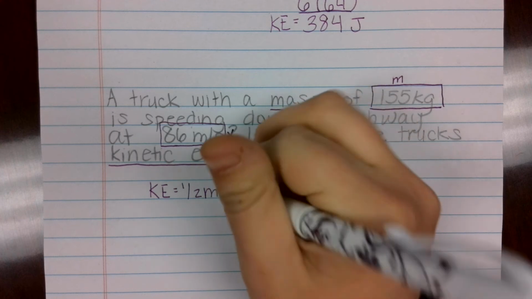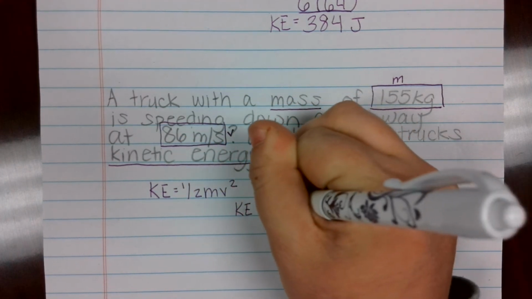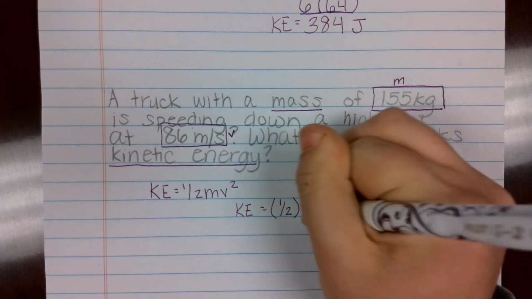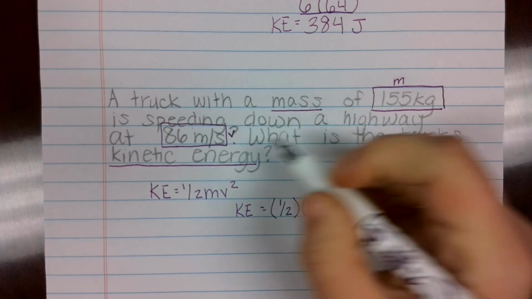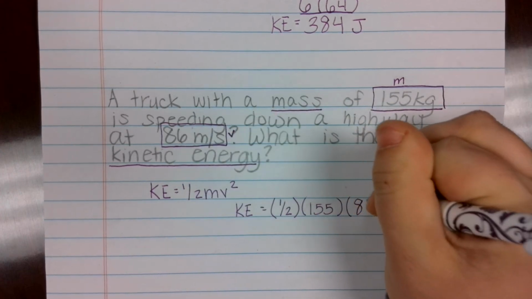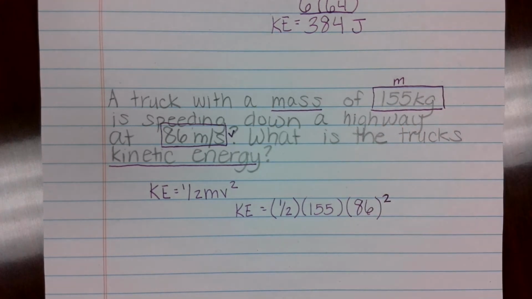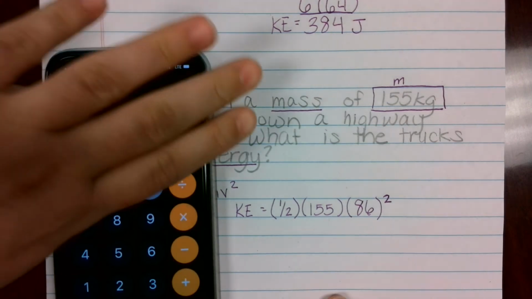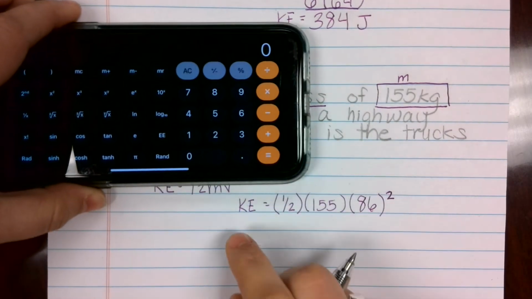So I have KE equals 1/2 times my mass times my velocity squared. Again, we don't have really specific formulas hanging out in our parentheses, so I'm going to go ahead, and I actually need to turn my calculator to the side. I'm going to go ahead and do